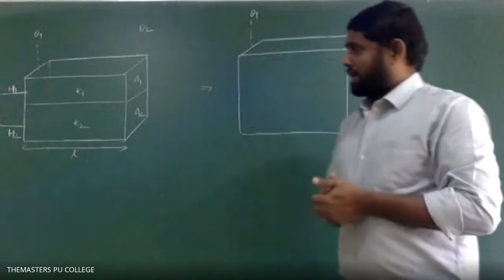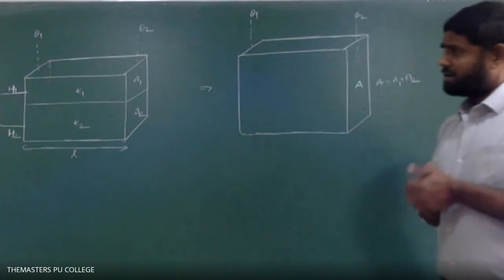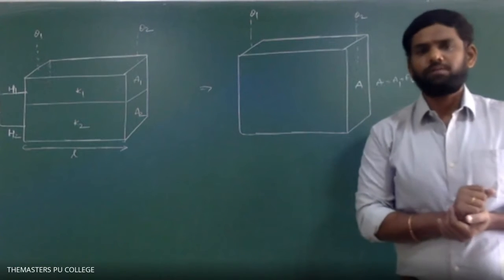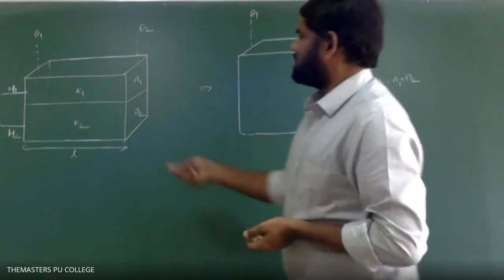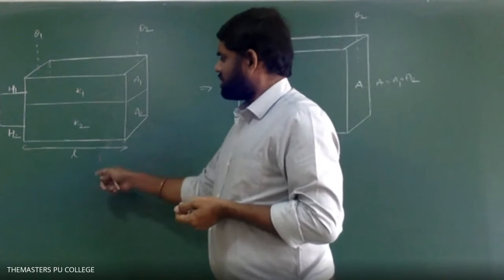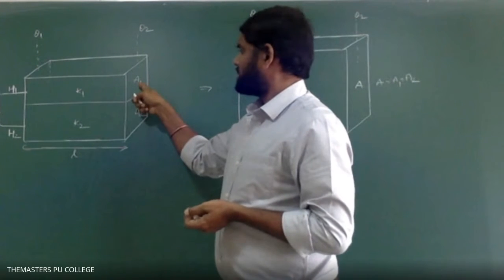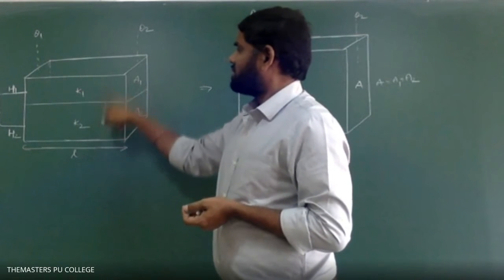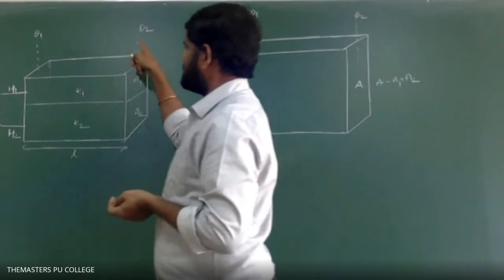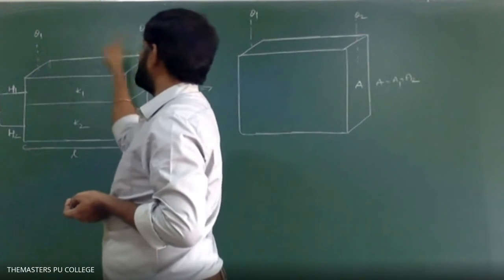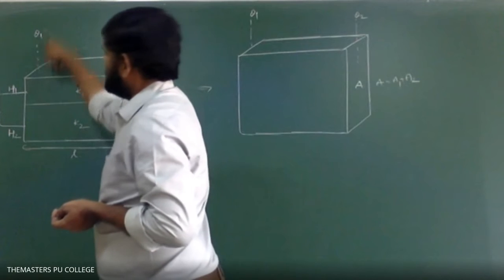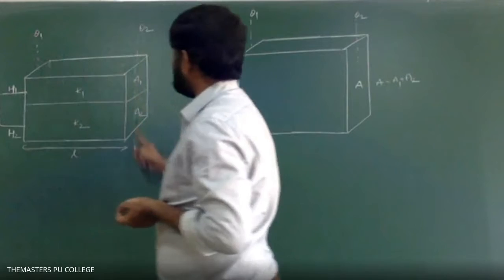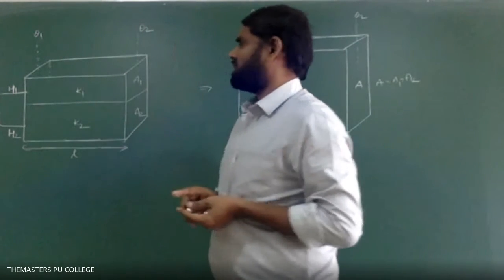If the conductors are connected in parallel, how to find the equivalent thermal conductivity? Earlier we have seen the series combination. So the two conductors we have taken, each of length L, whose areas of cross section are A1 and A2. Let K1, K2 be the coefficients of thermal conductivity. Parallel means the temperature difference is the same. Hence, this end of the combination is kept at theta 1 degree temperature, and this end is kept at theta 2 degree temperature.